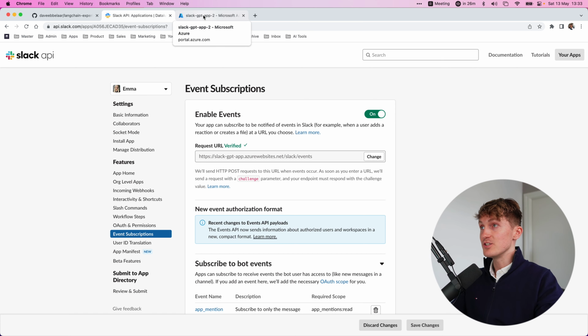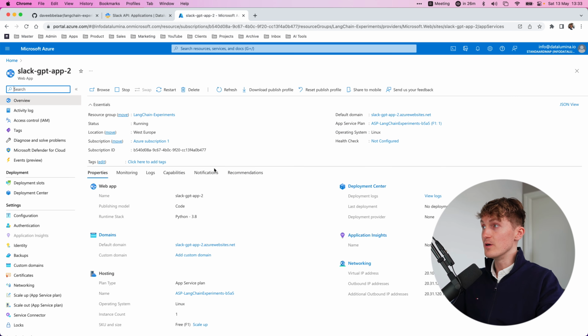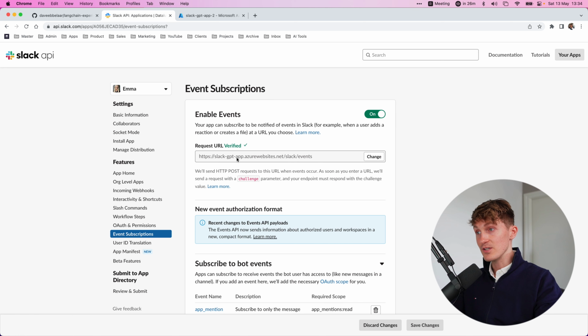So what should you change it with? Well, you come back to your web app and you check the default domain, and that will be the name of your app.azurewebsites.net. So you copy what's over here, and do mind, for me there is a 2 over here, but that is because this is the demo environment. The real environment that I'm using doesn't have the 2, so that is the Slack GPT app,